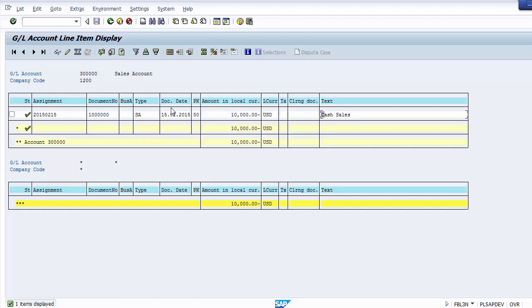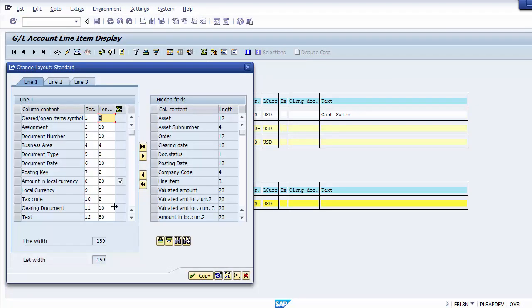And if you need further details, then you can go to this option over here as change layout. You can see over here change layout. Once you click on change layout, it will give you a list on the screen, and if you want any new fields, you can add them from the right hand side. Like I am taking up the posting date. Similarly, I am taking up the line items. You can further go down, and if you need any other things, like I am taking the fiscal year,